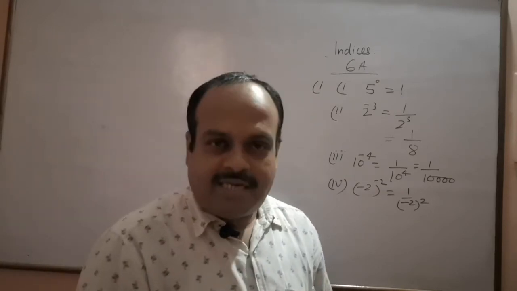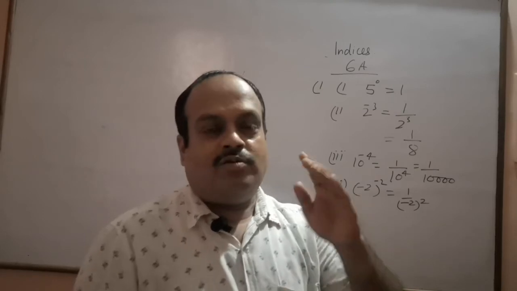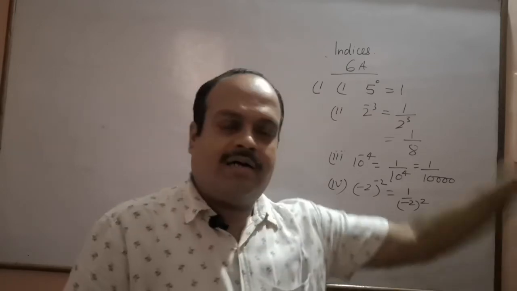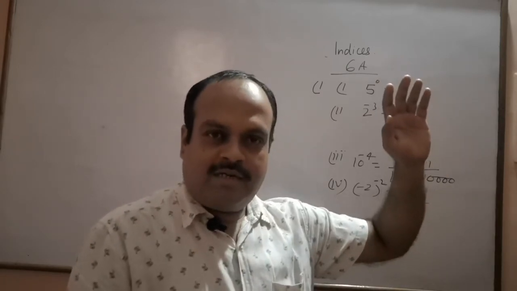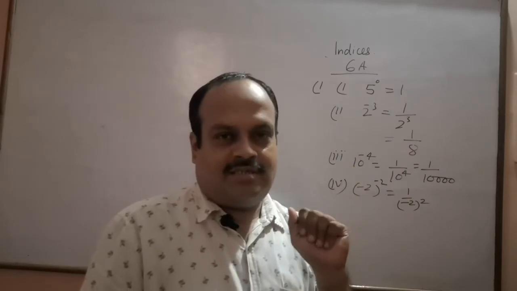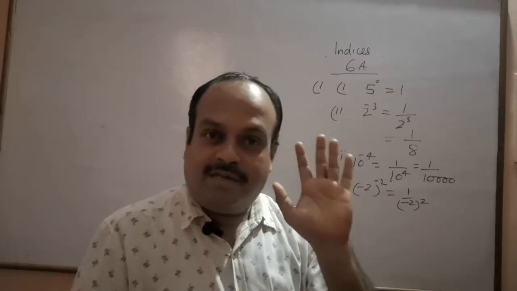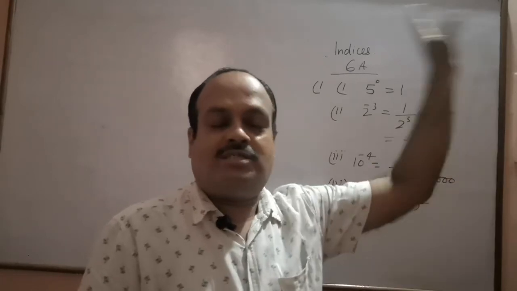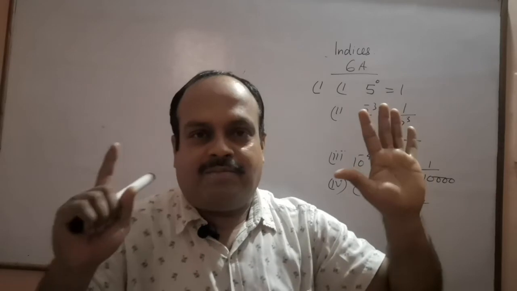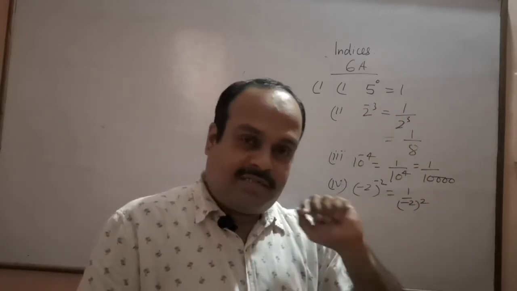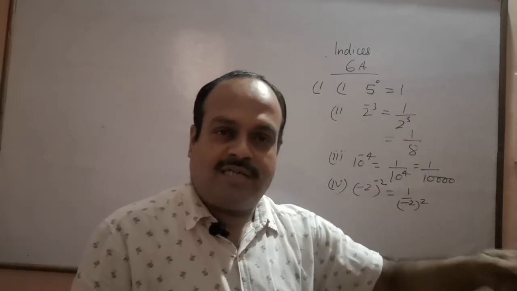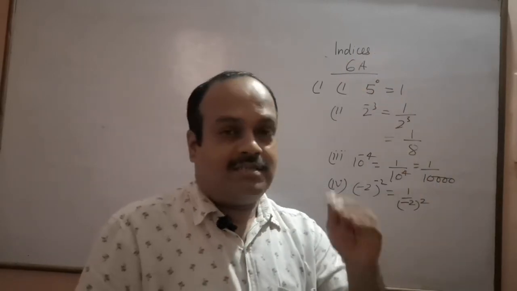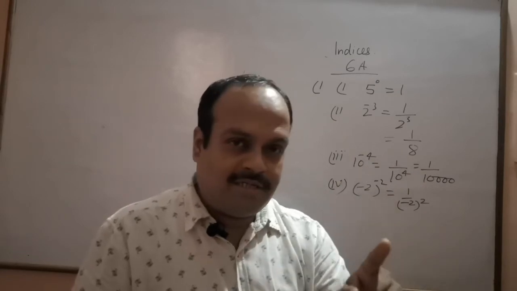What am I saying? I am saying that when you multiply minus 2 by minus 2 by minus 2 and keep on doing this multiplication till 5 times, the result will be negative. If you keep on multiplying minus 2 till 7 times, the result will be negative. But if you multiply minus 2 by minus 2 and so on till 10 times, the result will be positive, because minus into minus becomes positive.